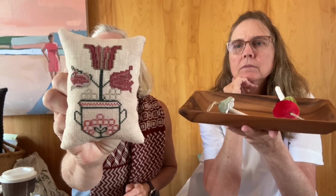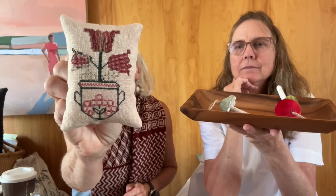Sherry of Colorado Cross Stitchers, when she shows her pillow, she always pinches back here to get it up close. I'm gonna channel her. Anna, that's beautiful. So, yeah, thank you. I love it. And it sort of,